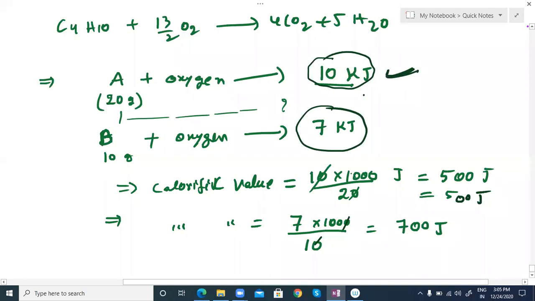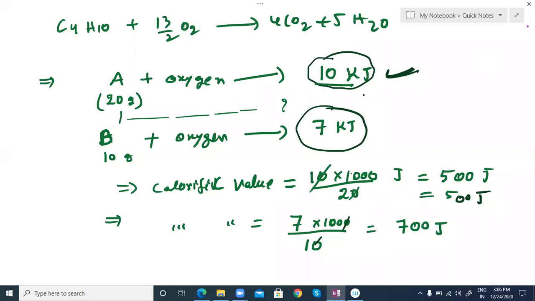It's not enough that by looking it has more energy. How much amount you are taking is also important. Some protein food is there; by taking a small amount, you also get more energy, which means it is most useful. Something containing more fatty acids may not give that much energy initially. So which one has more calorific value? B. Got it? Now you can tell me, sir, you understood or not, calorific value? Please let me know.